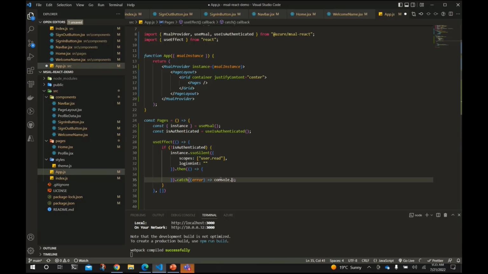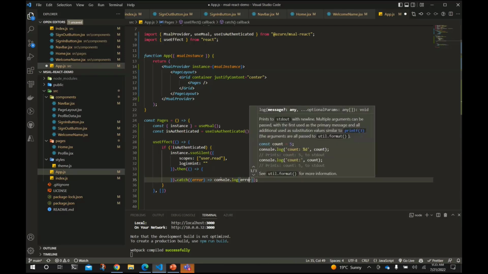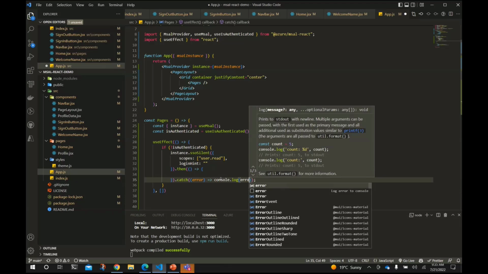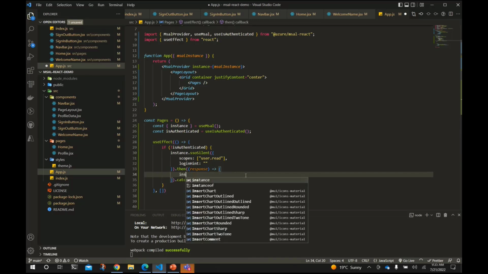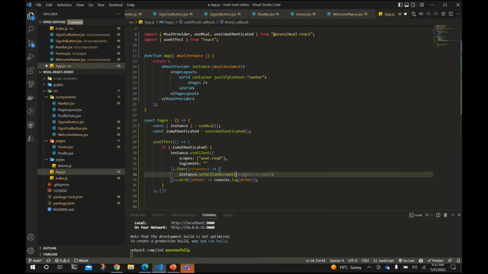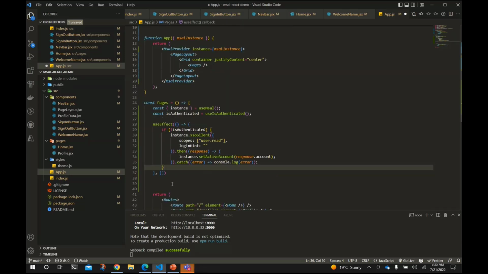Just going to display them. We can handle them maybe later on. And we're going to have the response here. So let's use the response to set an active account here. This is a separate event from login success. And okay, so